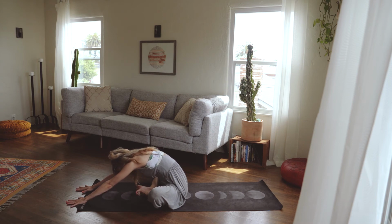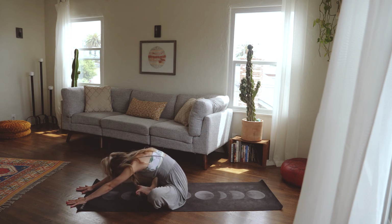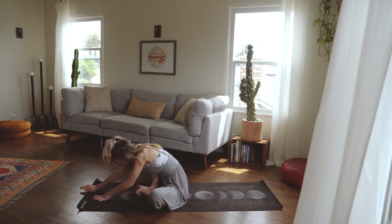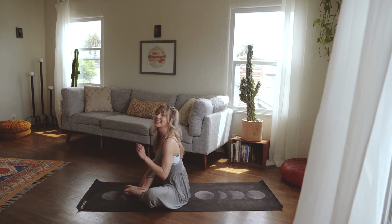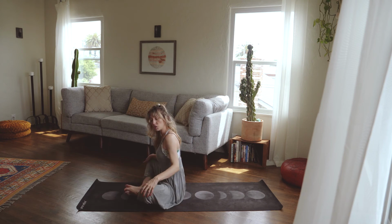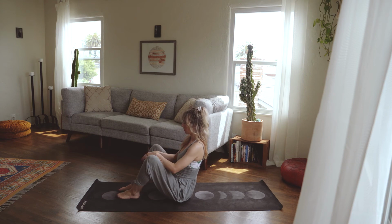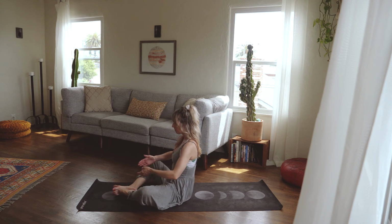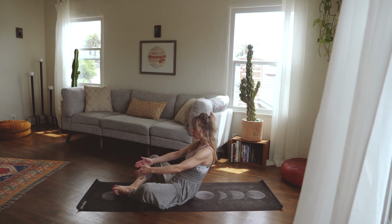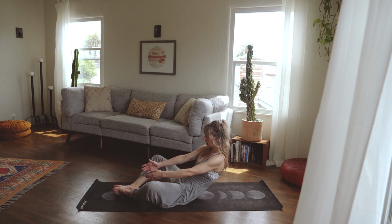Maybe rock from side to side. Breathing here. And then we're gonna walk the hands back up and staying in Baddha Konasana. Unless you have some issues with your knees, then definitely bring your knees up and just place the bottoms of your feet onto the mat. But if you're okay in Baddha Konasana, we're gonna play with just slowly rolling down onto our mat, keeping our legs in Baddha Konasana,